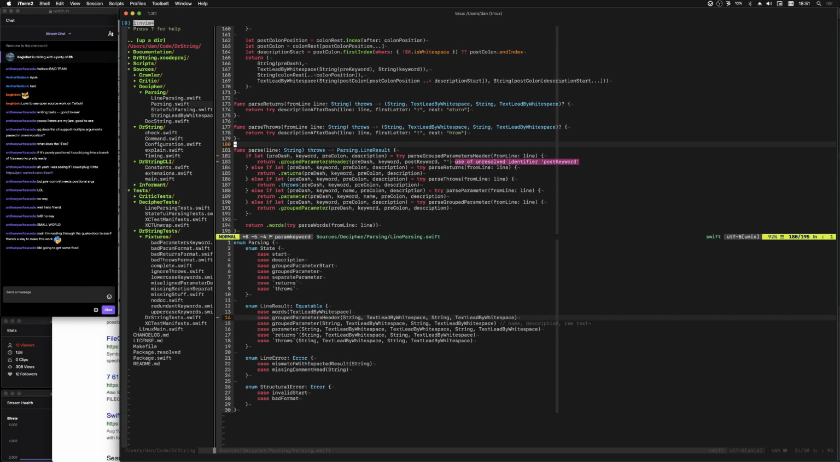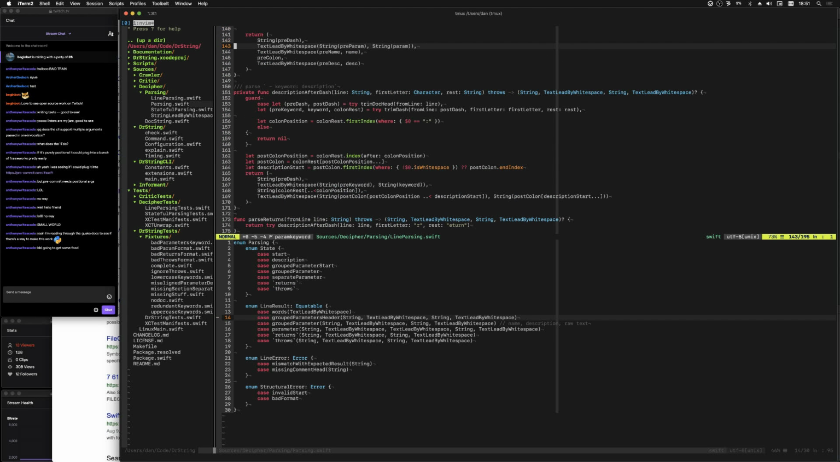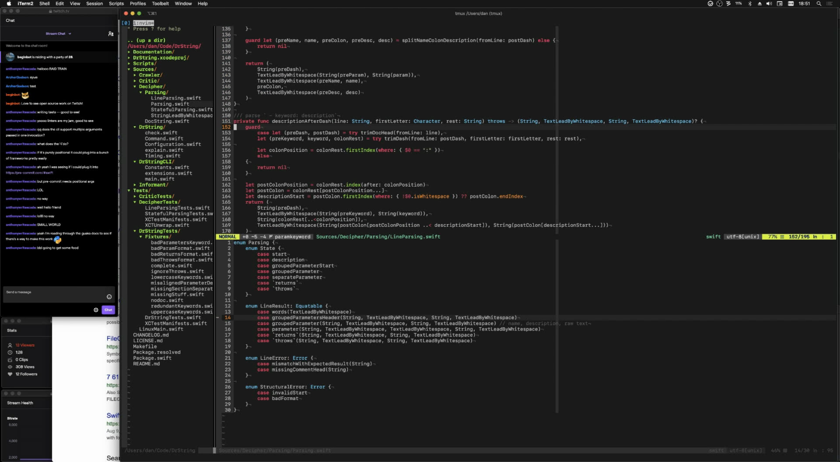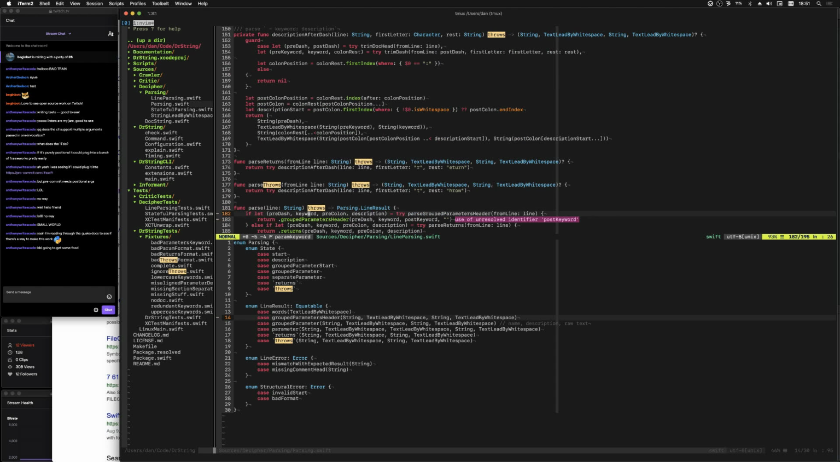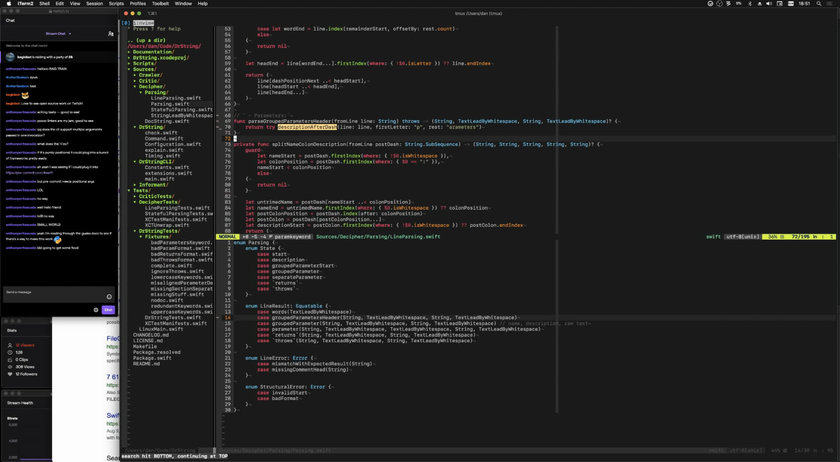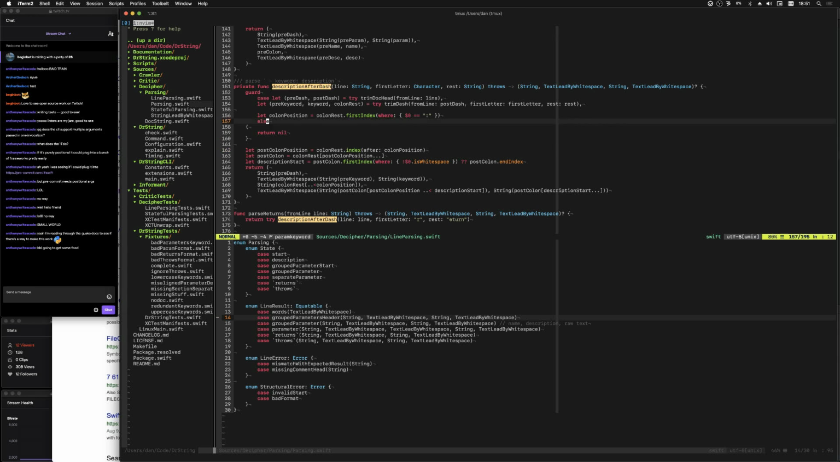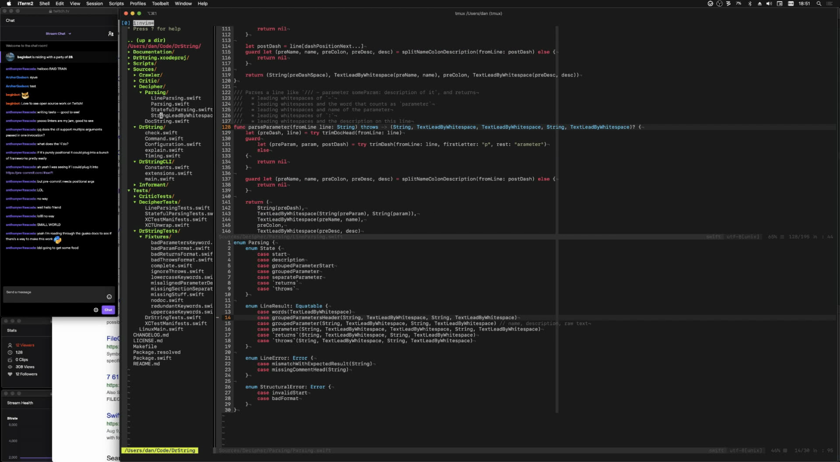What did I use? It's like description after dash or something. Yeah, description after dash. Okay, let's read the definition. So we trim the duck set, we get all the things after colon, blah, blah, blah. Okay, I got it. So in a stateful parsing,